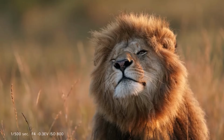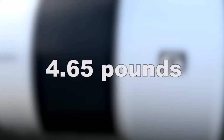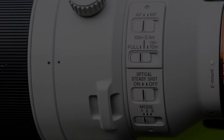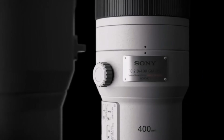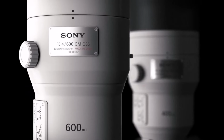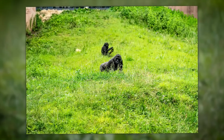On APS-C cameras, the maximum focal length effectively extends to around 900mm. Triple mode stabilization supports both static and panning shots, with an option for stabilization only during exposure to better track moving subjects like birds. The DDSSM autofocus is very fast, with customizable focus hold buttons around the barrel for added